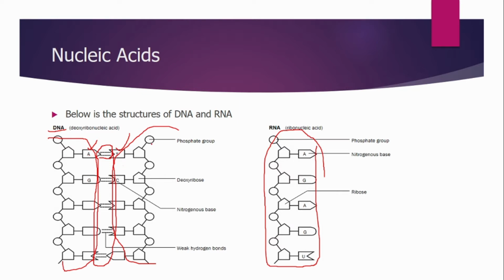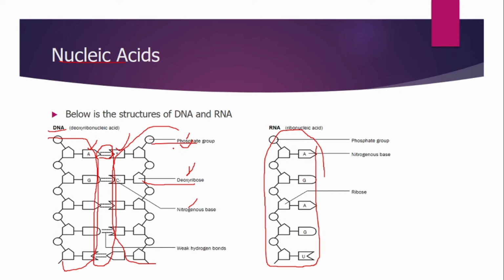And here is the phosphate group, and the deoxyribose sugar for the sugar, and then these are the nitrogenous bases. As we said, nucleic acids are made up of the nucleotide, which consists of phosphate, sugar, and the nitrogenous base. It is important to be able to differentiate between the phosphate group,